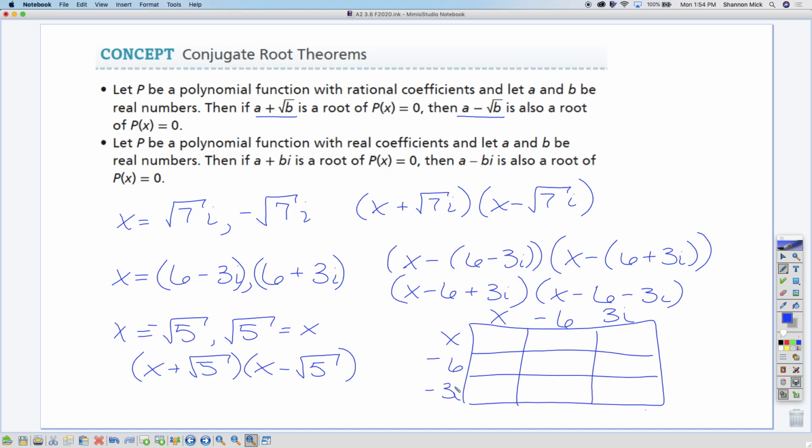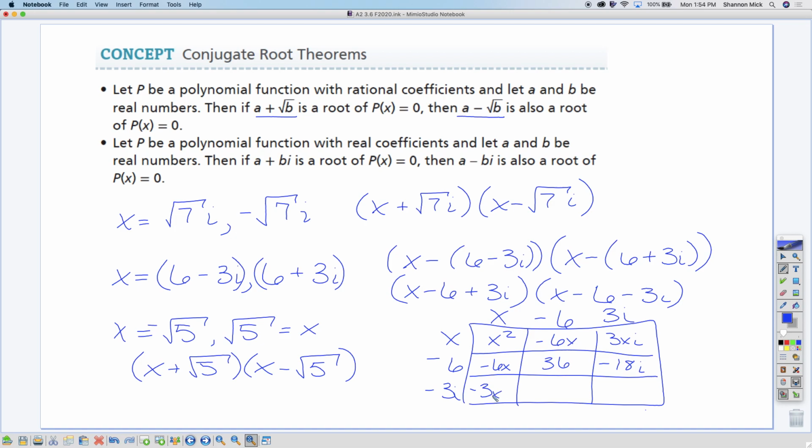It's the absolute only time I like to use it because it organizes all this. The whole point of the conjugate pair is, when I'm done, am I going to have any i's left? No. Am I going to have any square roots left? No. Okay, so this would be x squared minus 6x, 3xi, negative 6x, plus 36, minus 18i, minus 3